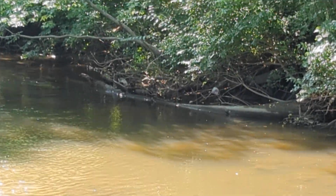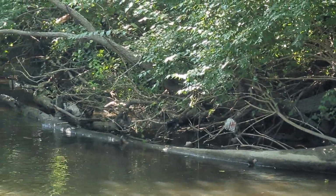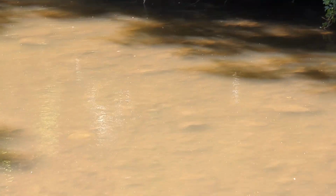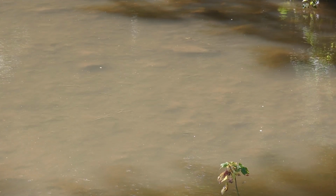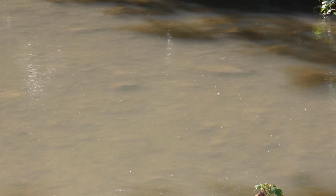We can see some trash in the tree over there, in the branches, and furthermore down there. It's rather low right here, so I wonder where the additional waters come in that cut it so deep down further to the east. So we'll need to check that out. But right now, this is kind of a really nice aspect. But again, essentially,